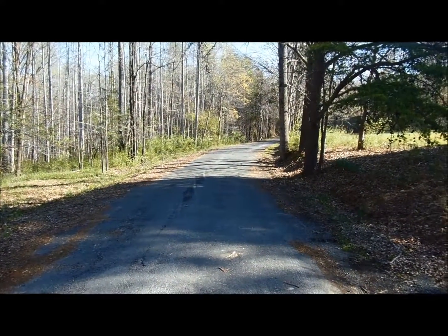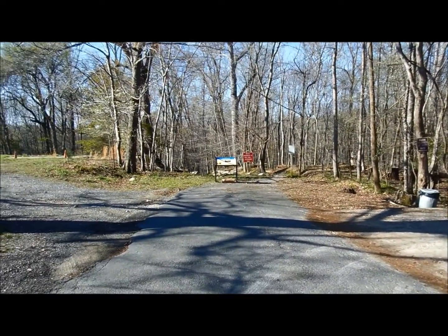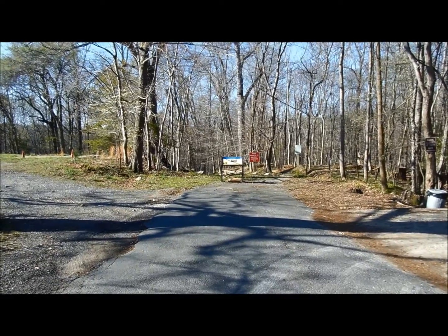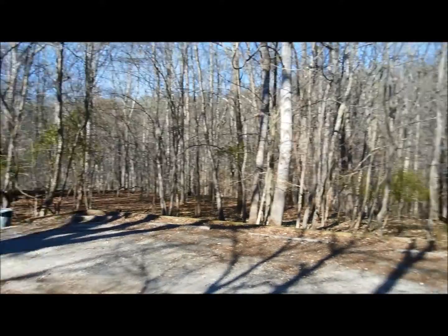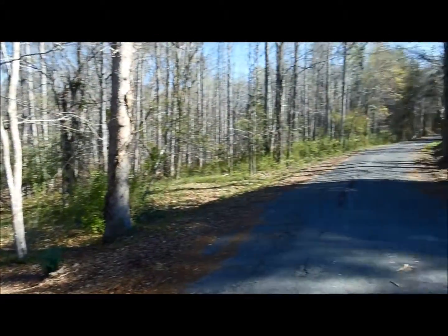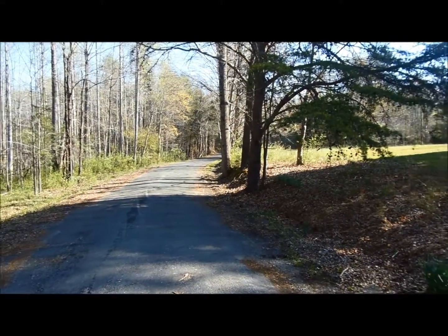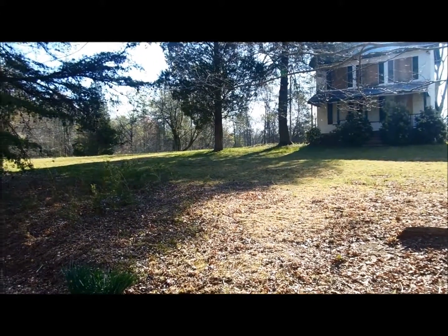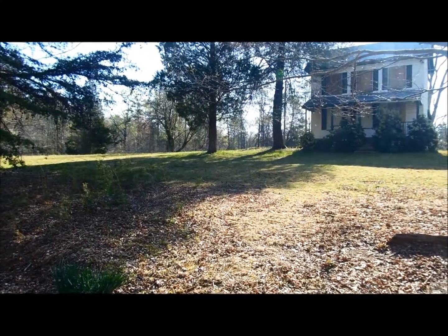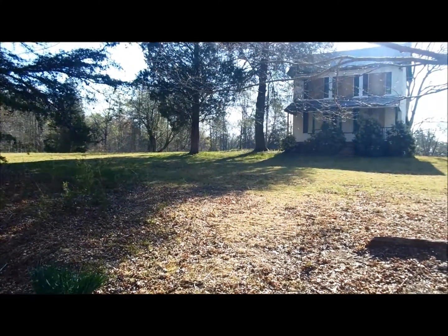Here's what the road looks like coming down here. And last week, in the video I posted last week, I went that way, down to the Occoquan and turned right and hiked upstream. Today I'm going to go up this way a little ways and find the trailhead, and the trailhead's going to take me that way, which is downstream, and I'm going to follow it down until I get to the end of the Bull Run Occoquan Trail, which is down at Fountainhead